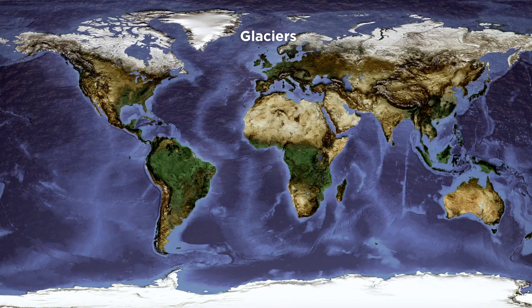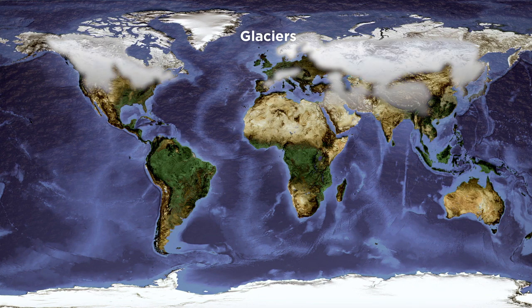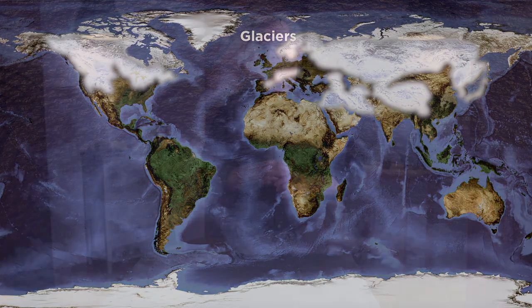Glaciers, to provide perspective, cover about 10% of the land area of Earth. During the last ice age, which reached a maximum glacial extent about 25,000 years ago, over 30% of the land area of the Earth was covered. Glaciers store about 75% of the world's fresh water, and if all the glaciers on the planet melted, sea level everywhere, which is over 70% of the Earth's surface, would rise over 200 feet.